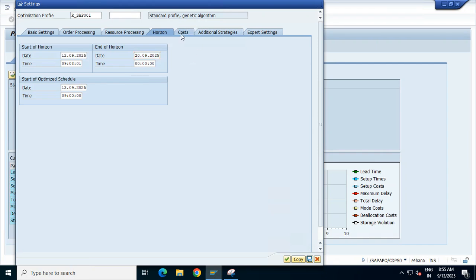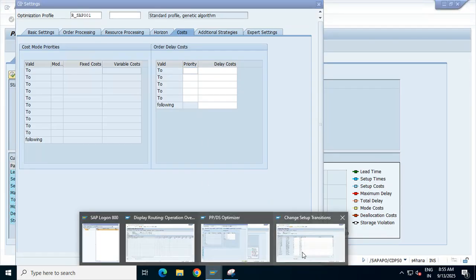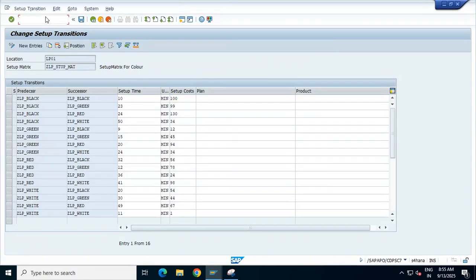Cost. You can also give priorities in cost, like if there are different order priorities, order delay costs. One priority has a certain delay cost, order two priority has a different delay cost, so it can be prioritized based on your order priority. Do you remember where we maintain these order priorities? If you go and check,